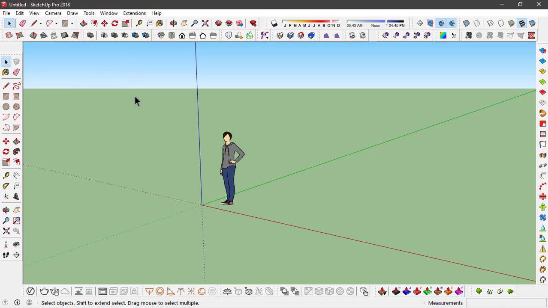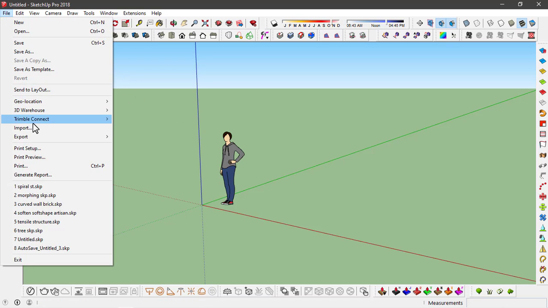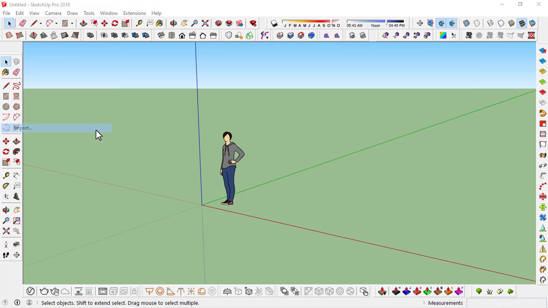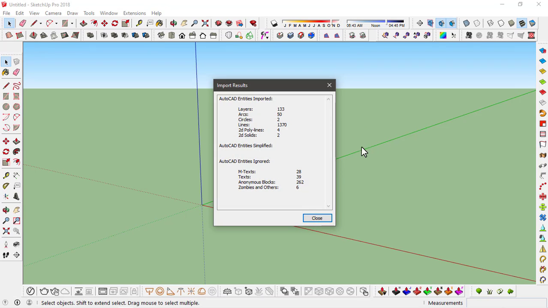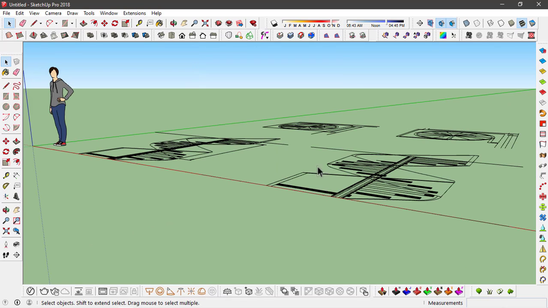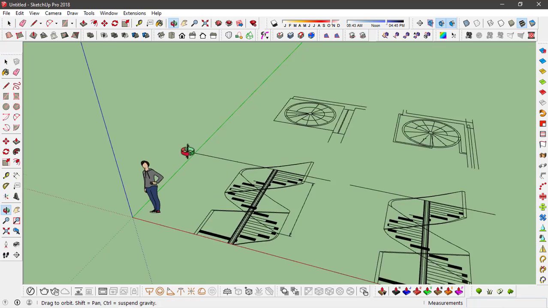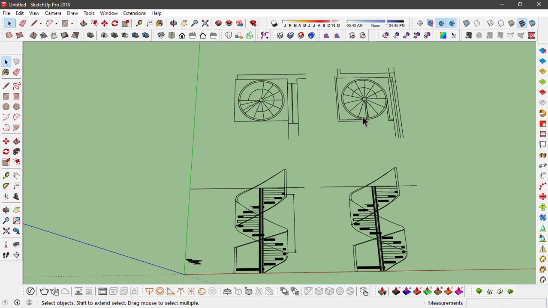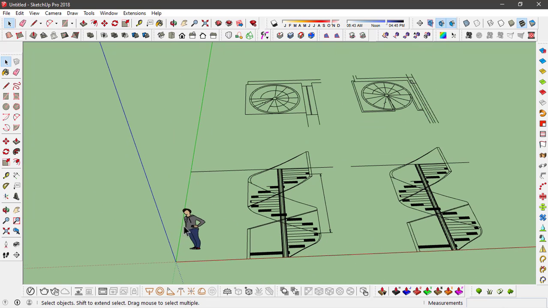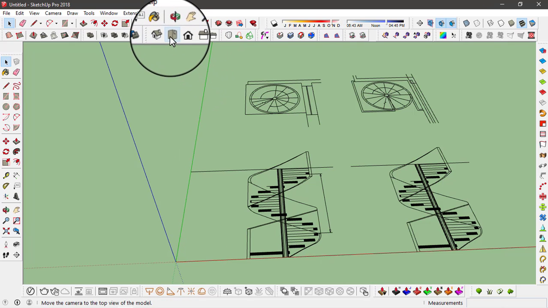So to import the file, go to File, click on Import, either double click on it or select it and click on Import. So that way you can import a CAD file. And in this CAD file I have these two sections for the reference and the plan for different levels. And I'm going to delete this component first and then go to the top view